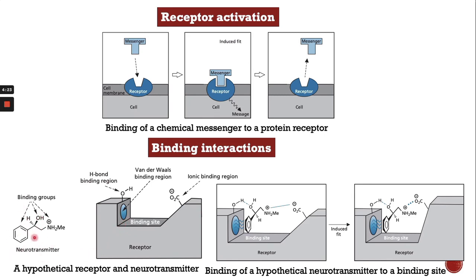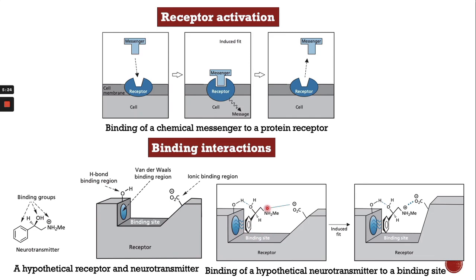So, for example, this is a neurotransmitter, right? This is a hypothetical receptor and neurotransmitter. The receptor has different binding sites. For example, this hydroxyl group and this carboxylate group can bind with the neurotransmitter through ionic bonding, and this will bind with the neurotransmitter through hydrogen bonding, right? This neurotransmitter binds with, or induces fit into, the receptor through the binding interactions. The stronger the binding interactions, the affinity or the action of the neurotransmitter or the action of the drug